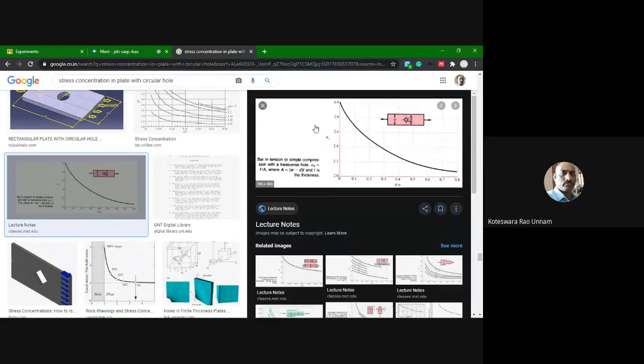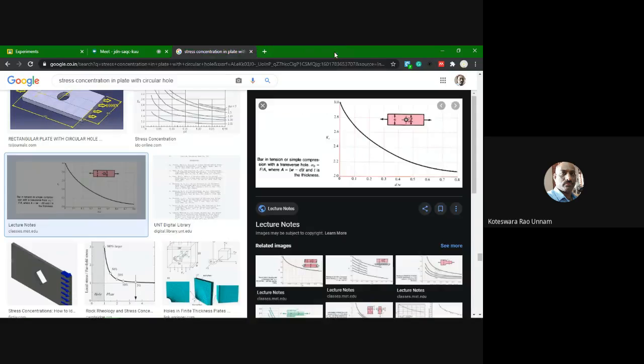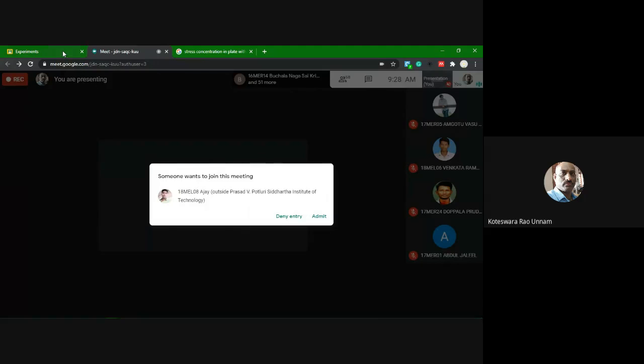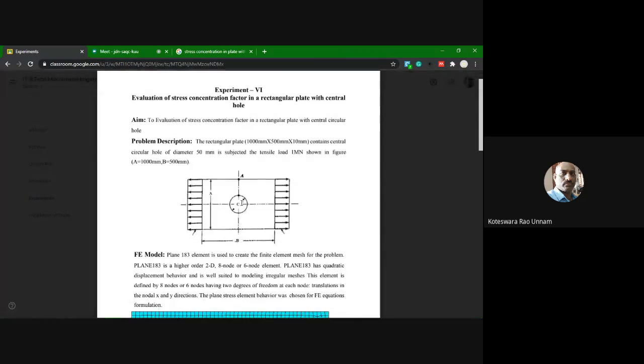So if it is deviating from that value 2.7, we try to compute what is the percentage of error. Okay, so this is about the analytical solution, how we can compute the stress concentration factor. So now if I go for this one, so what I can say, okay, so if I come to our experiment here,